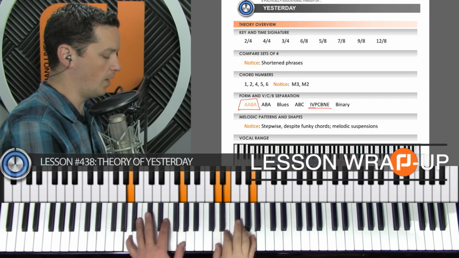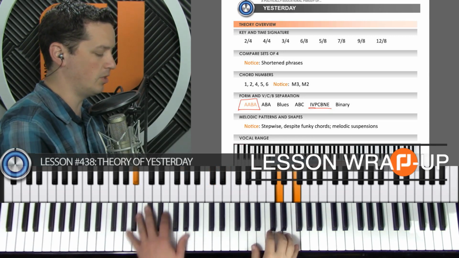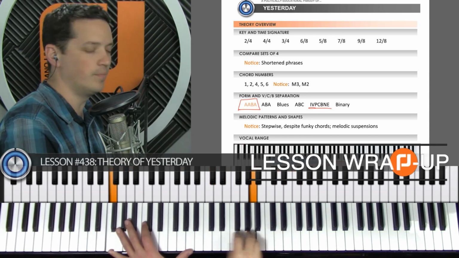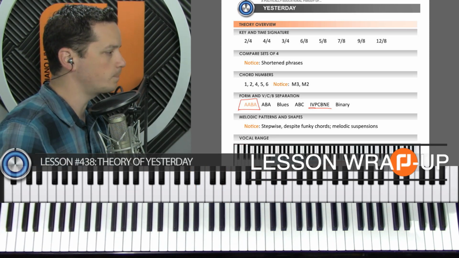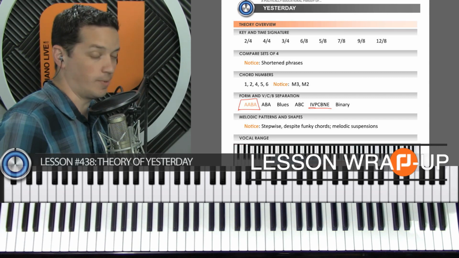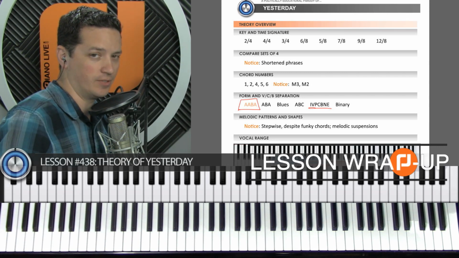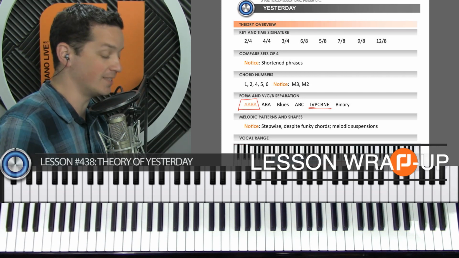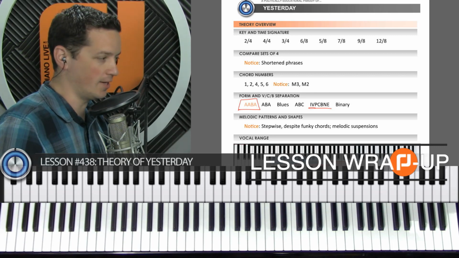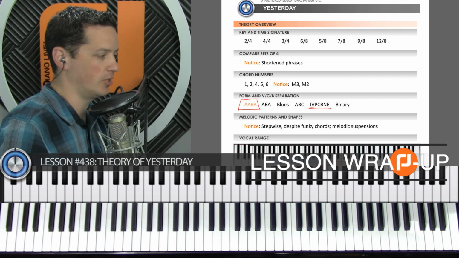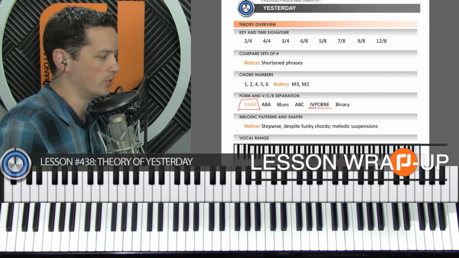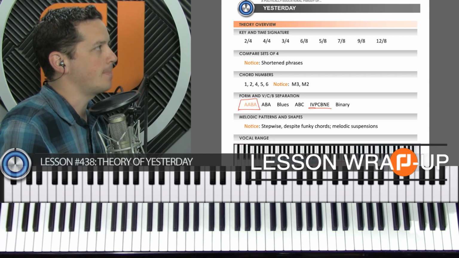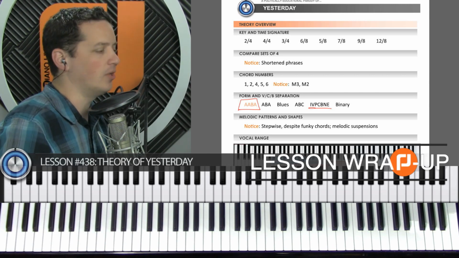That's why she had to go, I don't know, she wouldn't say. That part is the B section. Cool. We talked about the chord numbers and how there are lots of different chords in this song, but that does not mean that if you put a lot of different weird chords in your song, that your song is automatically going to sound cooler. It almost for sure means that your song is going to be less predictable and less appealing to a general audience.